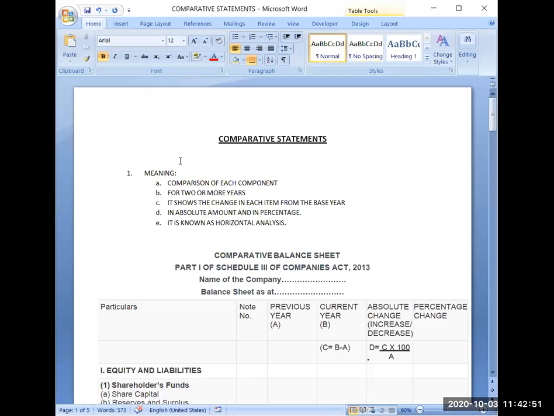So today we are doing comparative statements. Till now you have learned how to prepare the financial statements, or in case of a company, which financial statements are prepared. Now we have to learn about their analysis also. If you remember the last part of the definition: analysis and interpretation of financial results and communication of the results to the users of financial information.